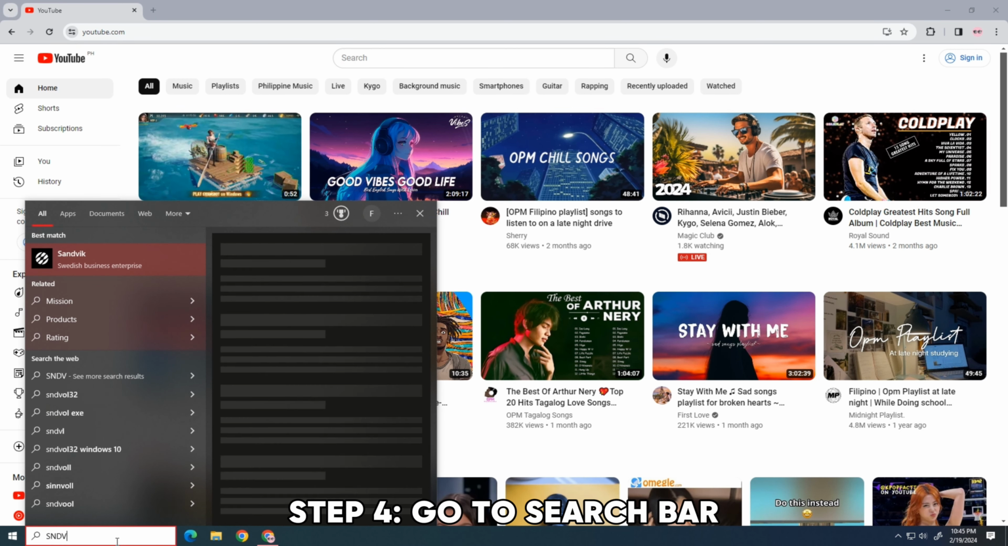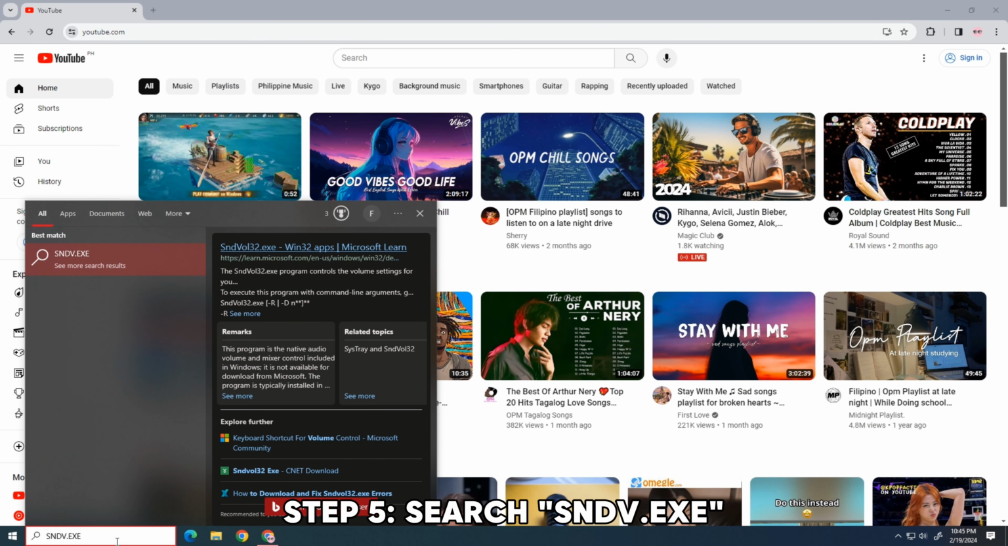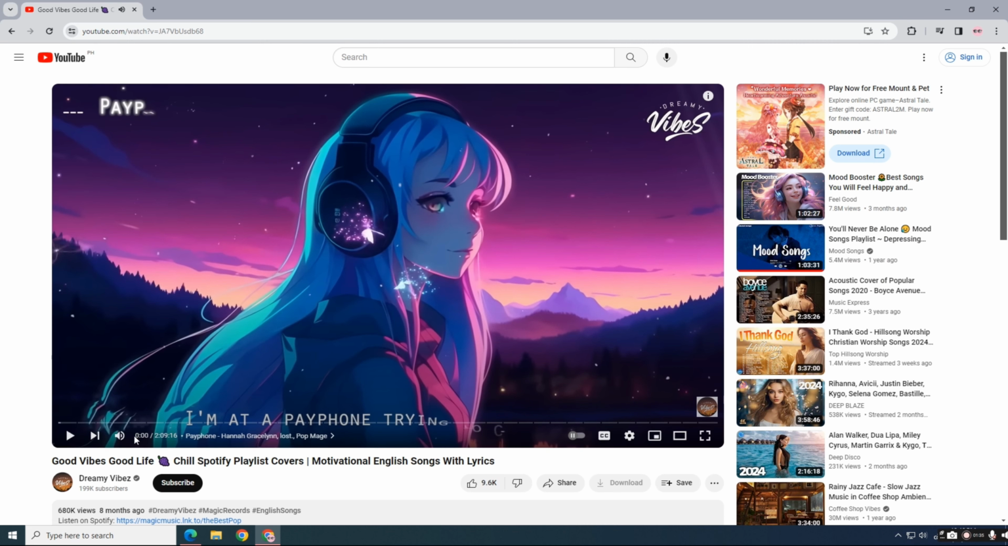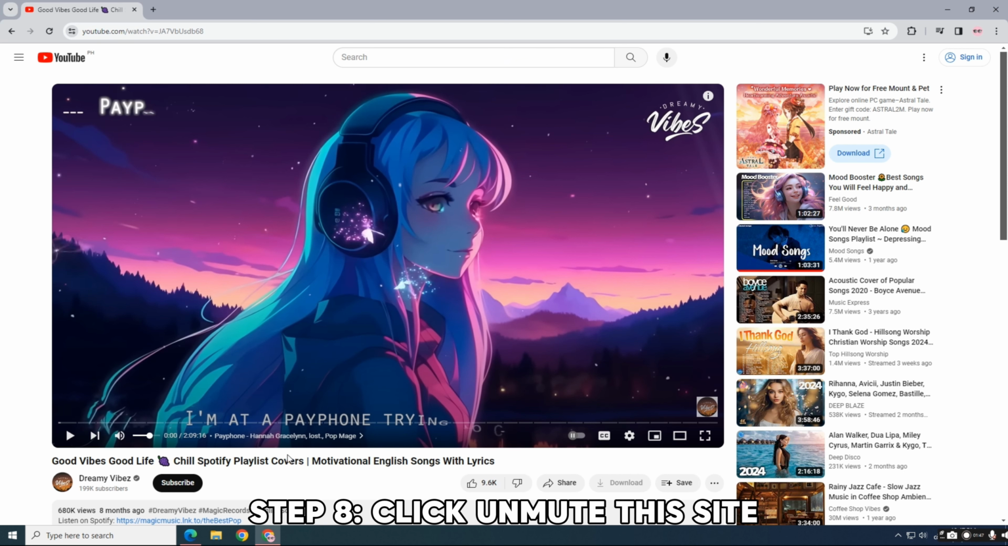First, you need to click the search bar, then search for this. Make sure that the browser running YouTube is not muted. Other method is to go to youtube.com, then right-click on the tab, and check if it is muted or not. Just click the unmute this side, and by this, it may now help you fix your no sound error in